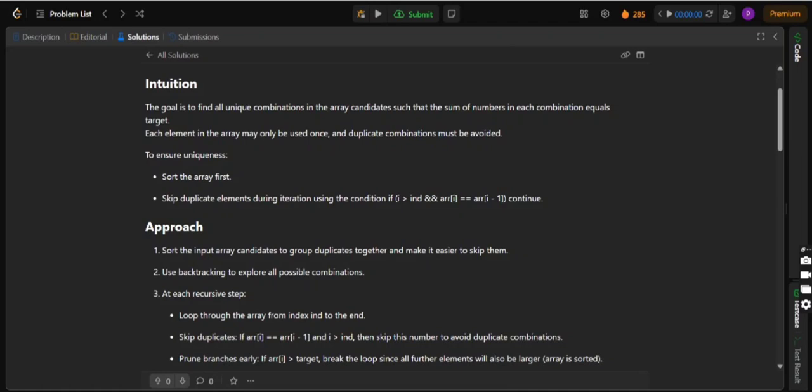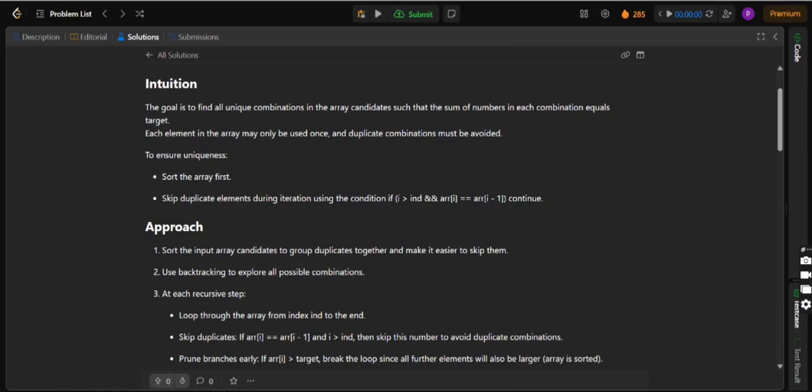We can also prune the branches early: if arr[i] is greater than the target, we can break the loop since all the following elements will also be larger. Then we include the current number and recursively call for the next index i plus 1, and then we backtrack by removing the last added number. So basically we are using recursion and backtracking in this technique.